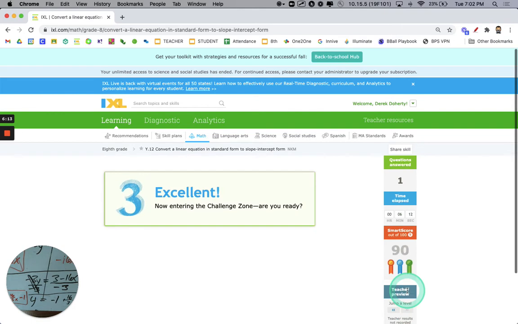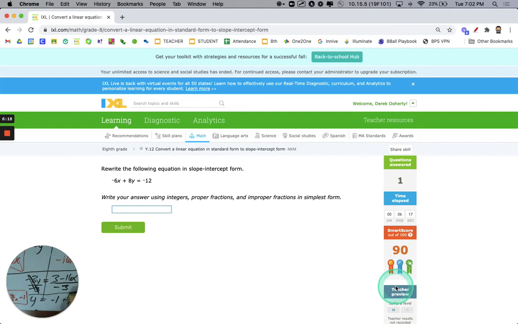I'm going to pop around to one that looks a little different than the one we just did. Oh, great, one in the challenge zone. But it looks like for this assignment, they start off very difficult, so they aren't really that much tougher on the challenge zone. So we'll show this one example too. The whole assignment for Y12 will be switching these equations into slope-intercept form, or converting them, as they say. So you'll be taking negative 6x plus 8y,